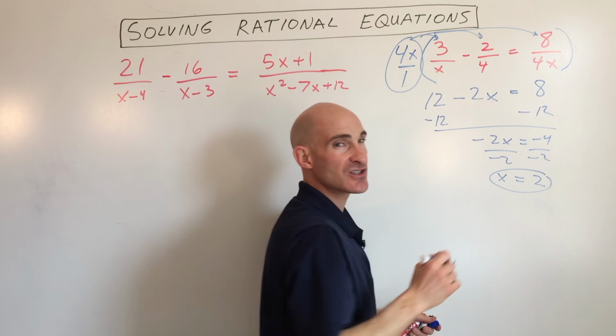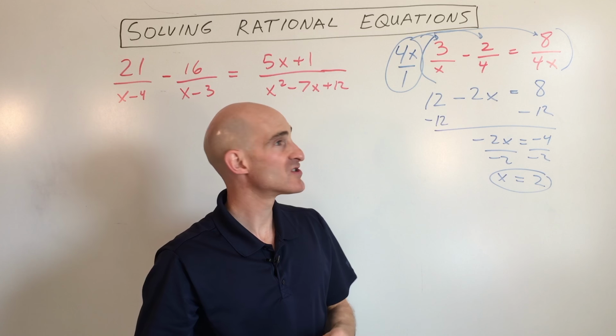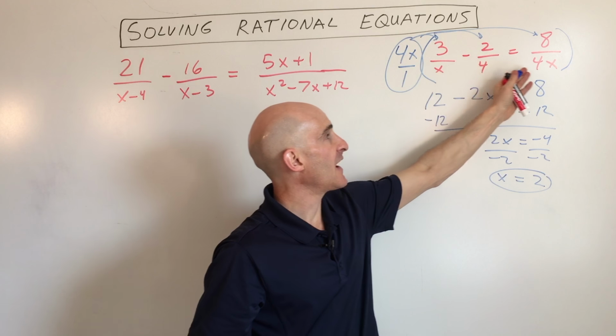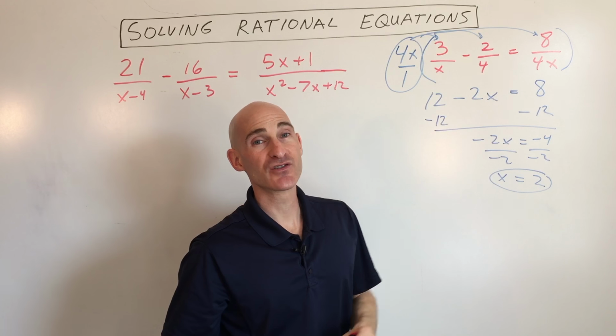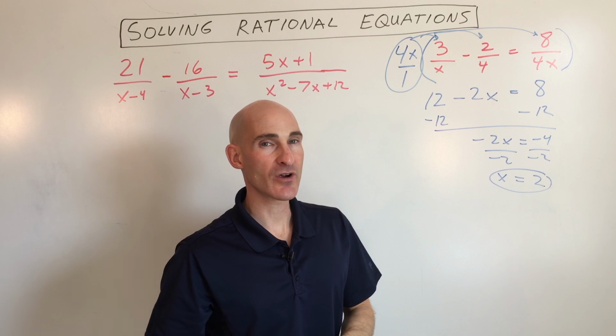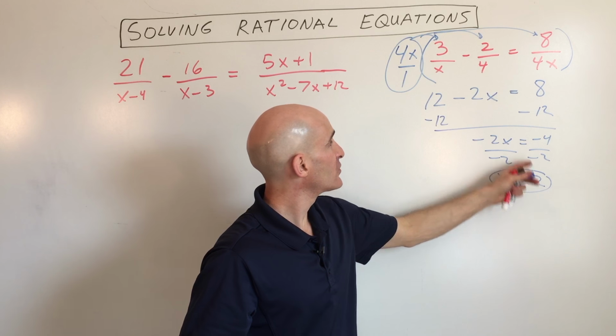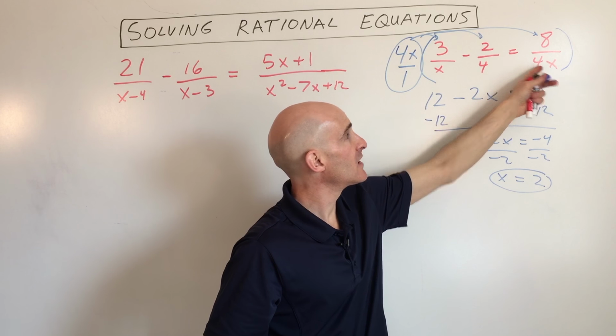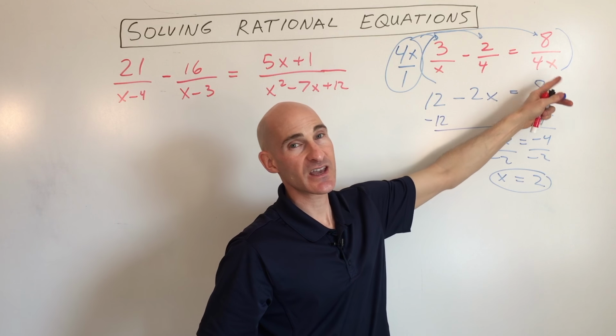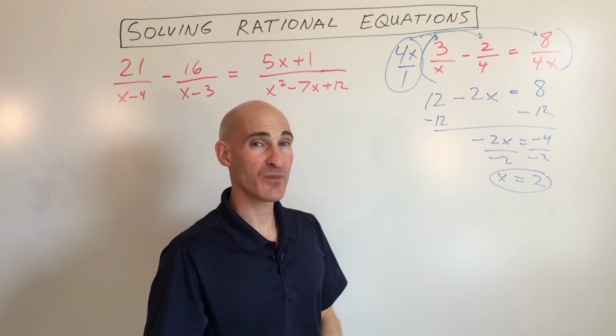Now the last thing I want to mention is when you're doing these rational equations, you want to make sure that the answer doesn't make any of the denominators 0, because you can't divide by 0, right? Because that's undefined. So if you go to put the 2 back in, that's okay. You just don't want x to be 0 in this case, because that would make the denominator 0, making the fraction